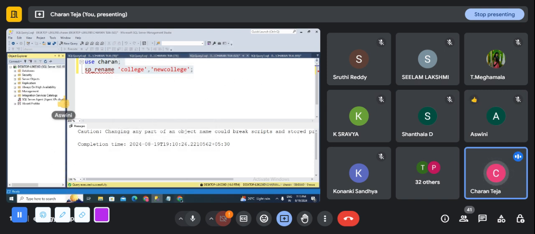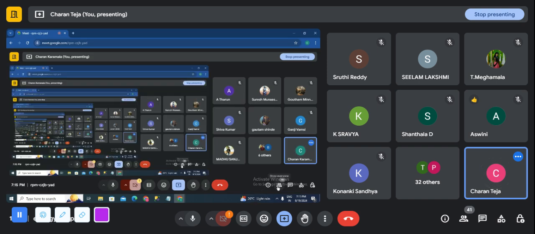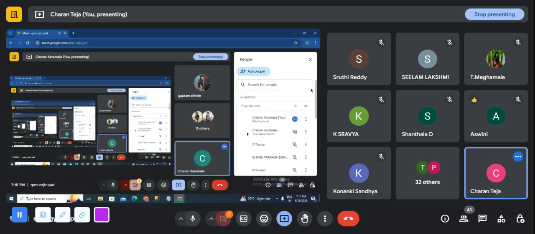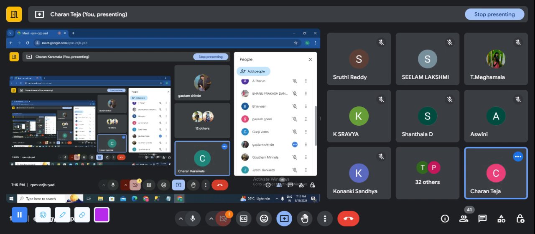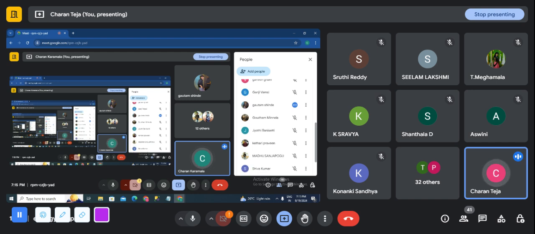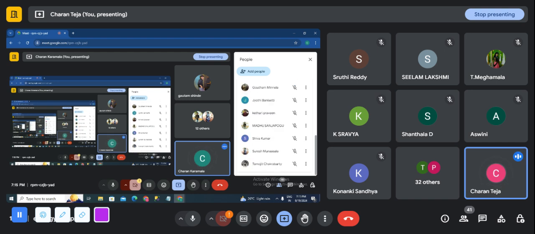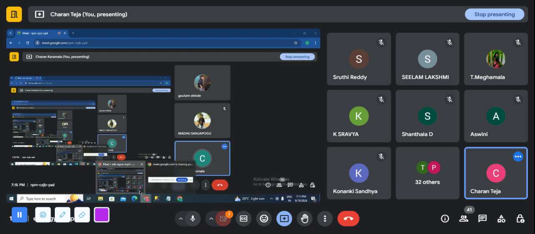Guys, clear? Any doubts? Anyone? Any doubts? Girls, boys? Okay, first of all, are you understanding these concepts? Anyone? Any difficulty? I think it is very easy concepts. Do you have any